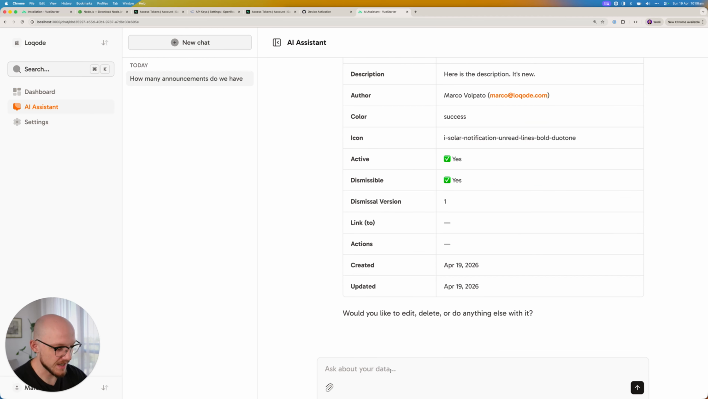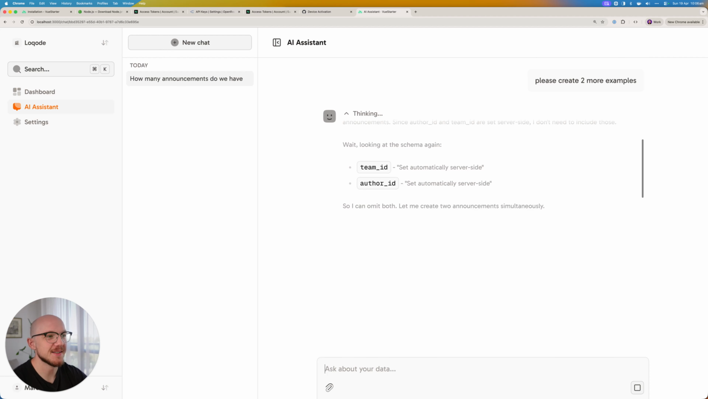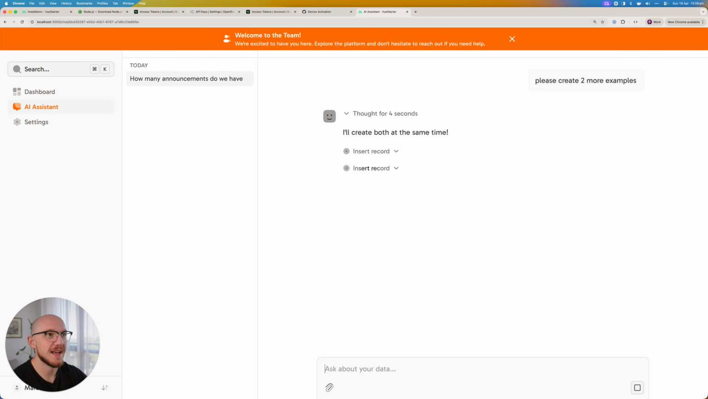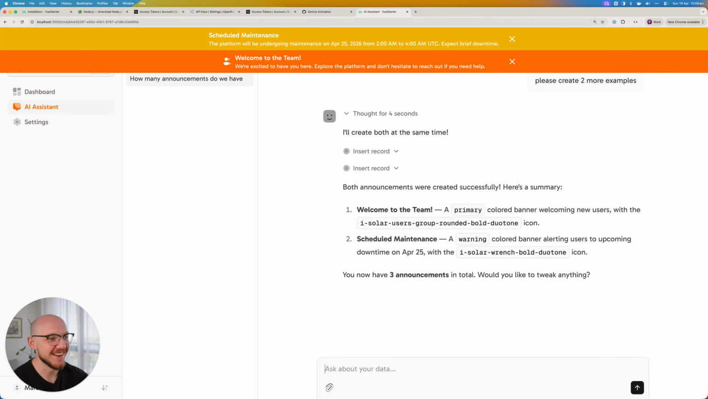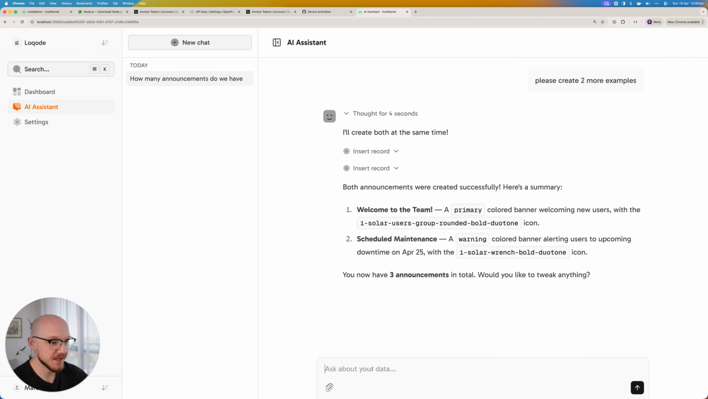Now I'm going to say, please create 2 more examples. And so it's going to know that it's got to use the insert tool, and it can do it in parallel and you'll see them both pop up there, which is amazing. And then what I'm going to do is ask it to delete all the